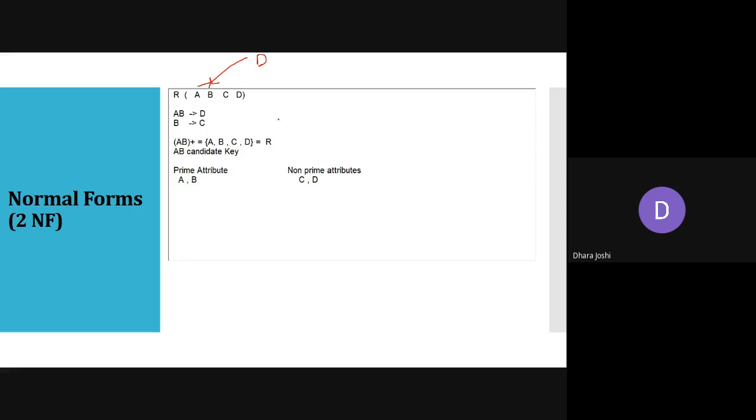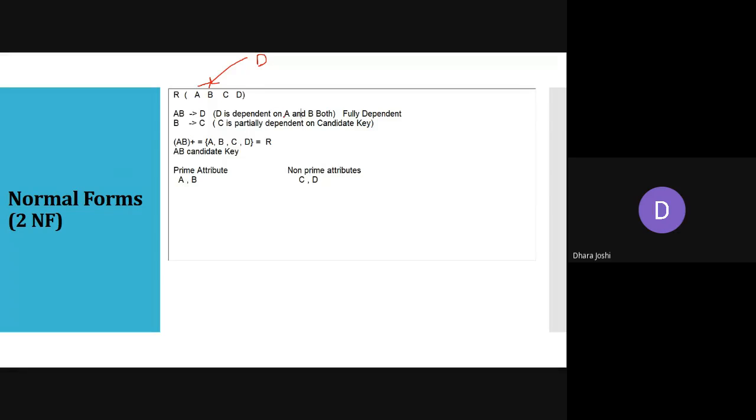So if you can see here, we are having this condition. What does it mean? D is dependent on A and B both, and we are calling it fully dependent. It is not creating an issue. But B derives C, so here the C attribute is partially dependent on the candidate key, because our candidate key is A and B both.